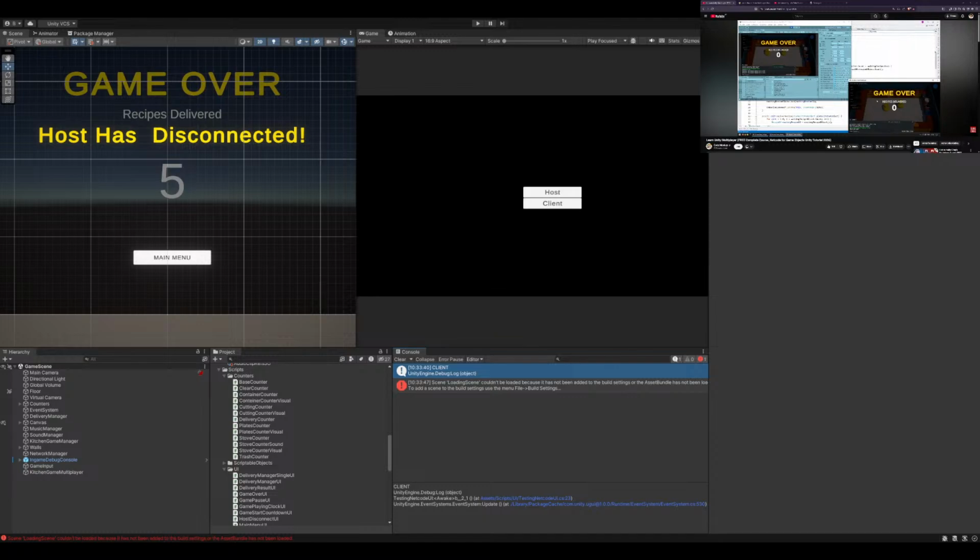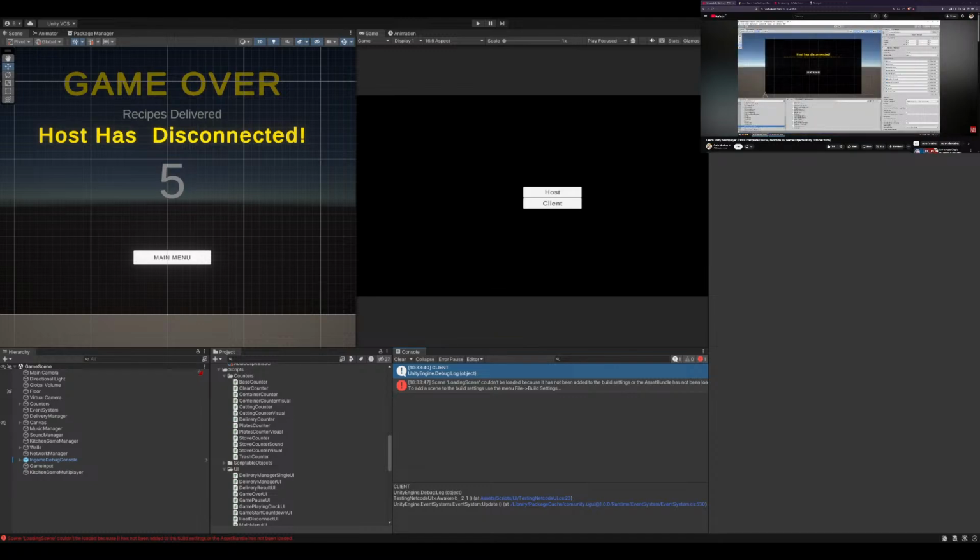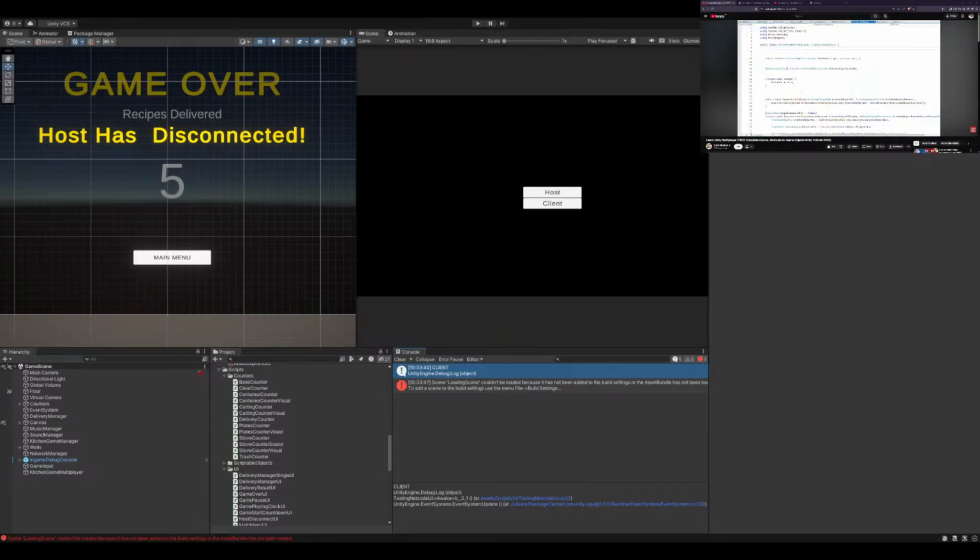And how we do that is actually very simple. If we look over here on the network manager game object, if we scroll down here there's a toggle for connection approval. Right now, every client that connects gets automatically accepted. We don't want that. So let's instead enable this. And then let's go here